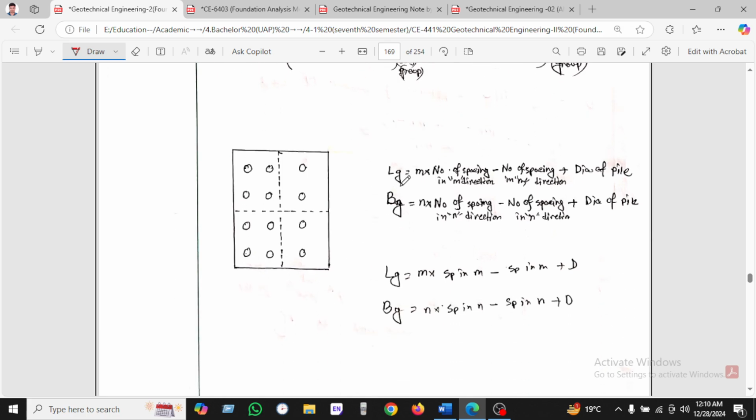We can see here Lg is nothing but m into n, the number of spacings in the m direction and the number of spacings in the n direction, plus the diameter of pile. Bg is the number of spacings in the n direction plus the diameter of pile. So Lg equals m plus spacing in m, minus spacing in n plus d. Bg equals n into spacing in n, plus d. This is the basic